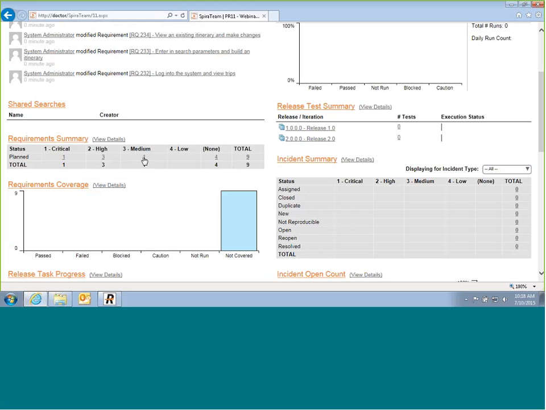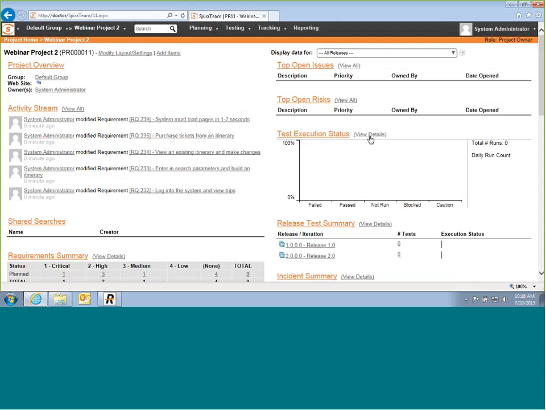You'll see in here the requirements coverage shows all my requirements. These are them here, and there's 9 requirements, none of which have got tests. And there are no test cases, and each release will be displayed, and each one will be listed with the number of test cases, which is again going to be 0 for each release at this point. So that makes sense. So now going back into the planning section,